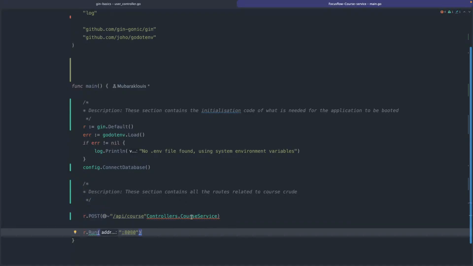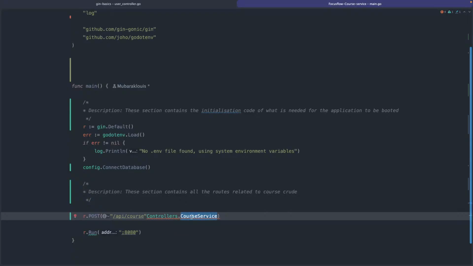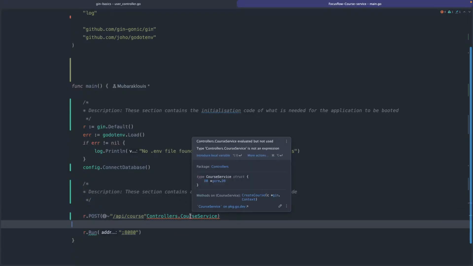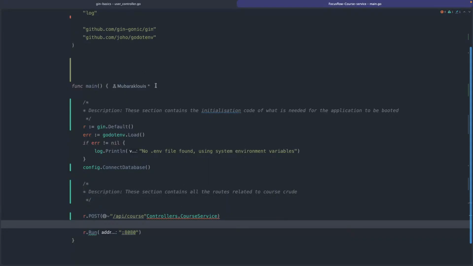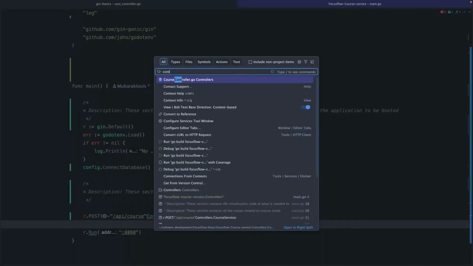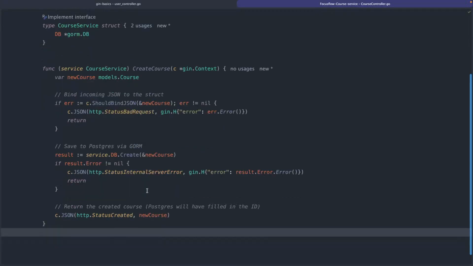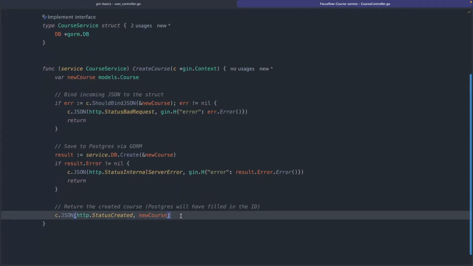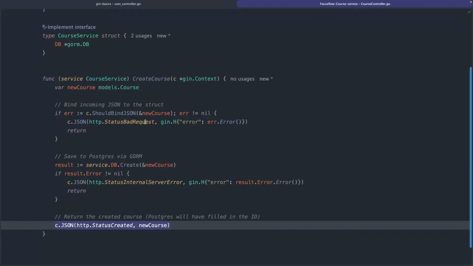Yeah. Let's see what is this error. Let's see. Controller course evaluated but not used. Type controller service. There is not expression. Okay, the problem is in the controller. We'll go to the controller and then see what is that issue. We are returning new gene. Okay, create course,